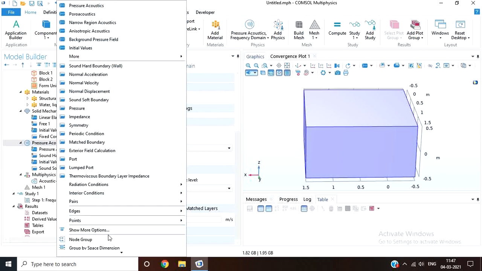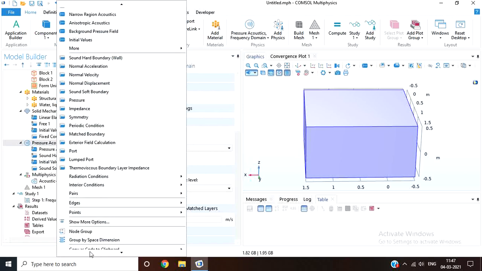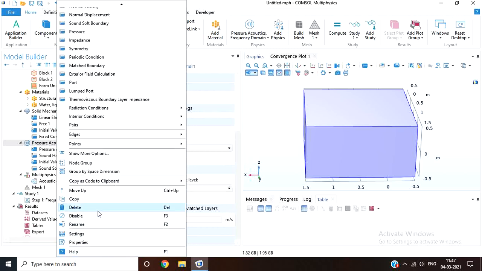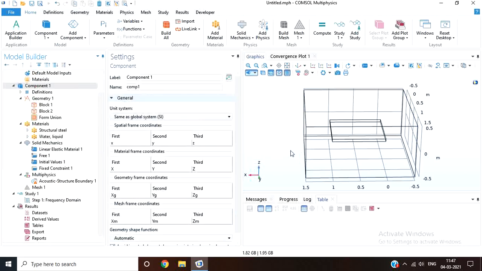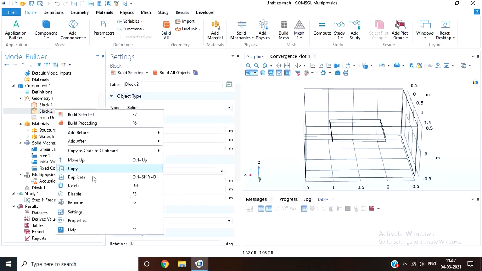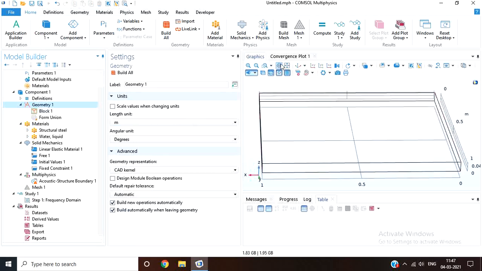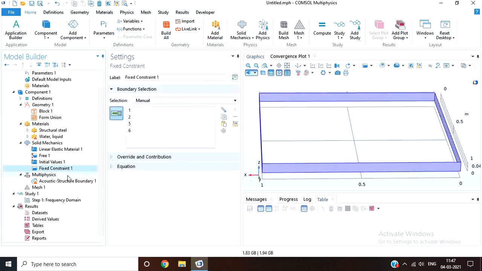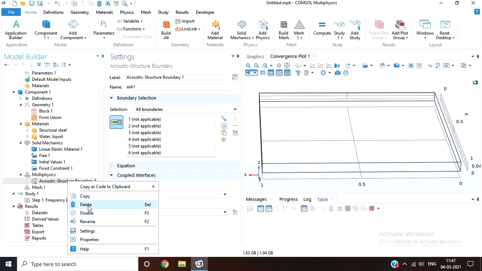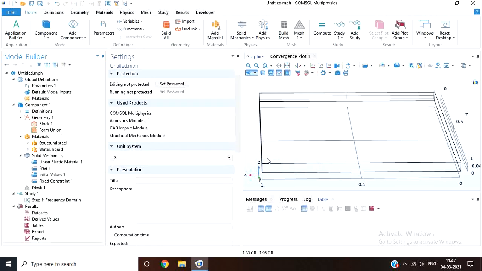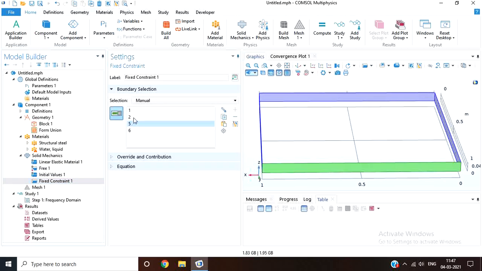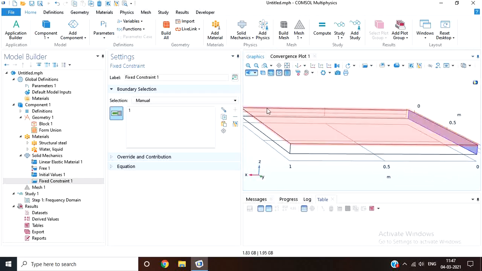Let's simplify our model. Let's delete the second block. And acoustic structure boundary is also not present currently. And we'll be fixing only one side, and the remaining sides we'll be removing. Now that side of the plate is fixed.